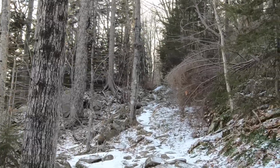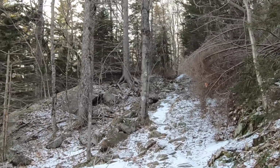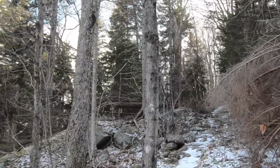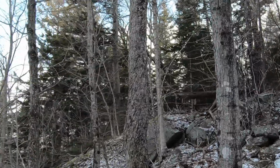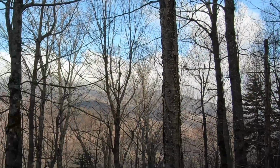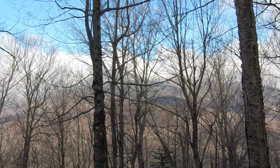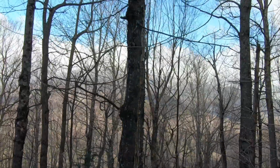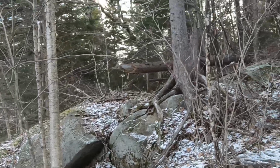On Saturday, April 2nd, 2022, right here is Mount Washington. It's almost out of the clouds, coming in and out. We are walking up